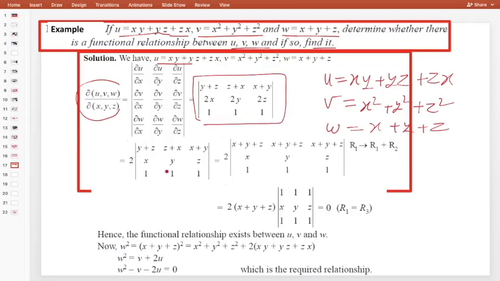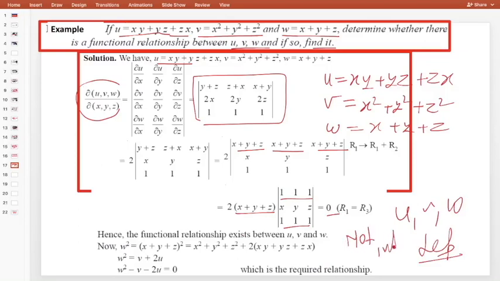Once you find the determinant, basically once we add the second row and first row, we will get x plus y plus z, and once we take it common outside, two rows are the same: 1 1 1 and 1 1 1. If any matrix has two rows the same, the determinant will be 0. So just see, we will get 0. This means that u, v, w are linearly dependent, or you can say they are not independent. Not independent or dependent, both are the same thing.